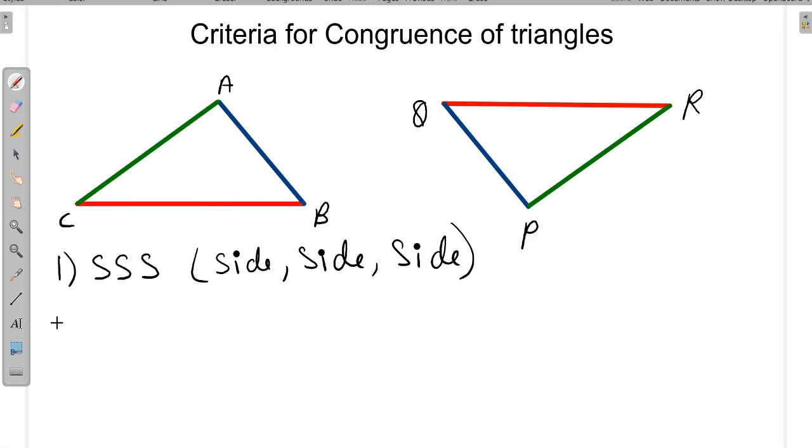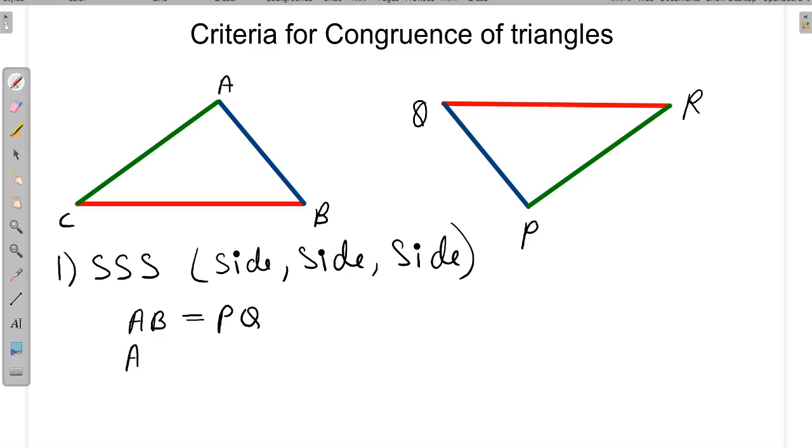So, suppose that in this, the side AB, this is the side AB, this AB side is corresponding to the side QP. I am using the same color for the corresponding. So, if we write that AB side is equal to the corresponding side, that is PQ,